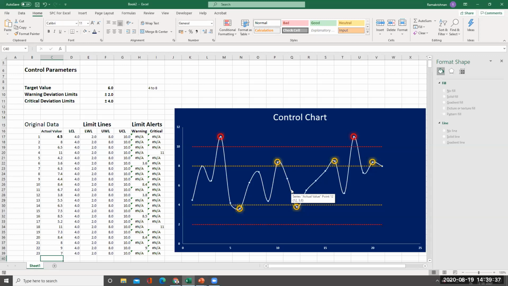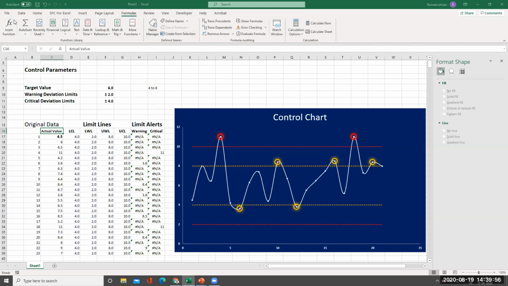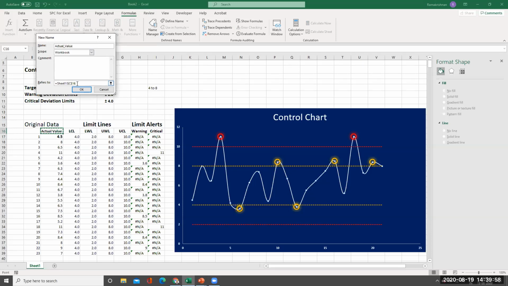So what I should do, I have to now modify the definition of this LCL, LWL, UWL, etc. Right? I'll go to actual value, and then go to formulas, and name manager. I will add new, so actual value is there.